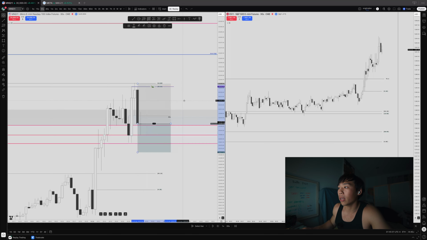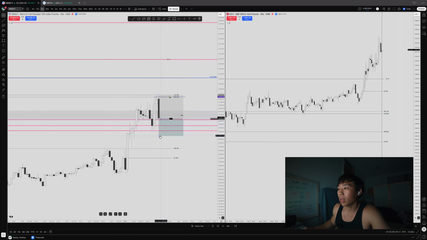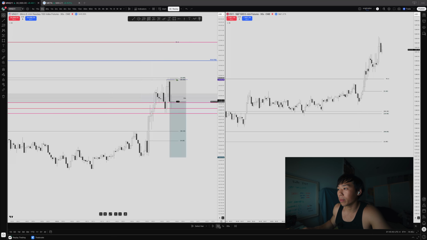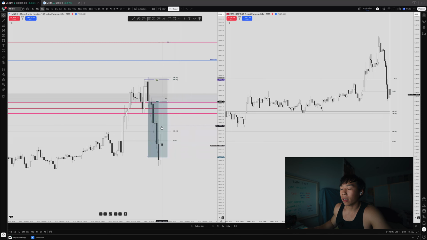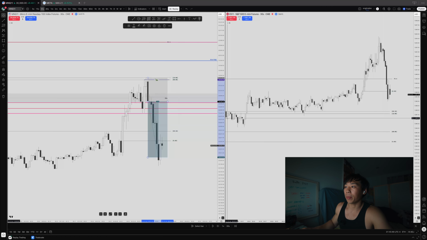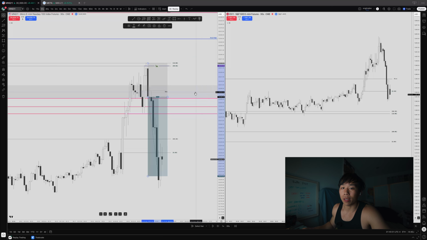Stops above the high, and we could probably just take it down to these lows down here. And what does price do? We hit TP. So we hit TP. That was the first trade, right? A lot of people took that today. I just faded this just because my bias was bullish, so I was just looking for longs. So cool, we get that move,